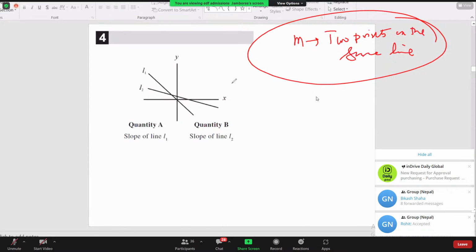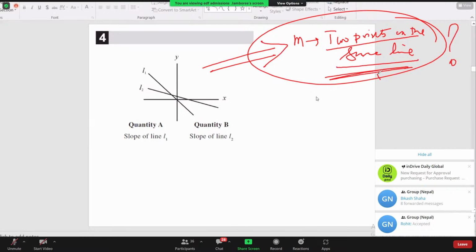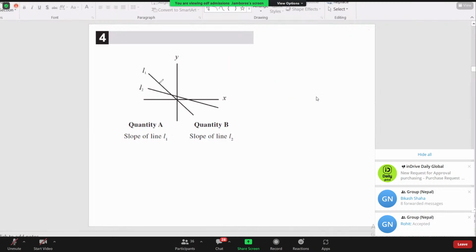Perfectly said, steepness. But the point is how we are going to generalize the rule. Let me explain that. See, in the theory part, when I was explaining the concept of the slope, I said we need to have at least 2 points on the same line to figure out the slope of the line. And I was using this statement for this particular question only. So what I'm going to do is, because I clearly know that the passage of these two lines is exactly through this particular quadrant,